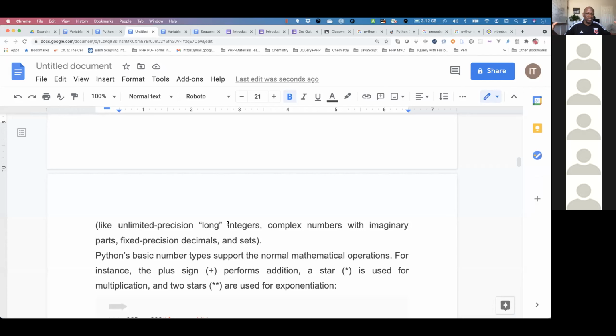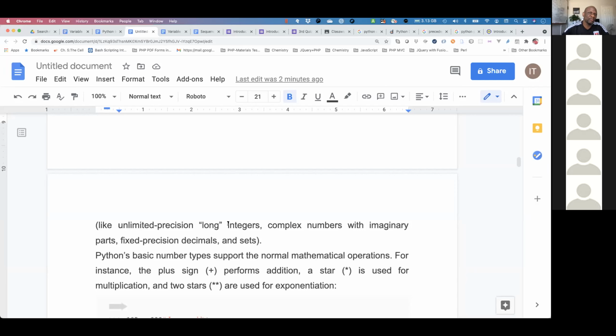So we have to declare long numbers or long integers. And then the complex numbers, which Monica also talked about, those normally at this stage we will not touch or talk a lot about, but we'll just touch them for you to know there's some stuff out there known as complex numbers. When we talk of complex numbers, we tend to gravitate towards science, engineering and mathematics. So these are basically imaginary numbers or imaginary parts. We also have the fixed and the precision decimals, and also we have sets.